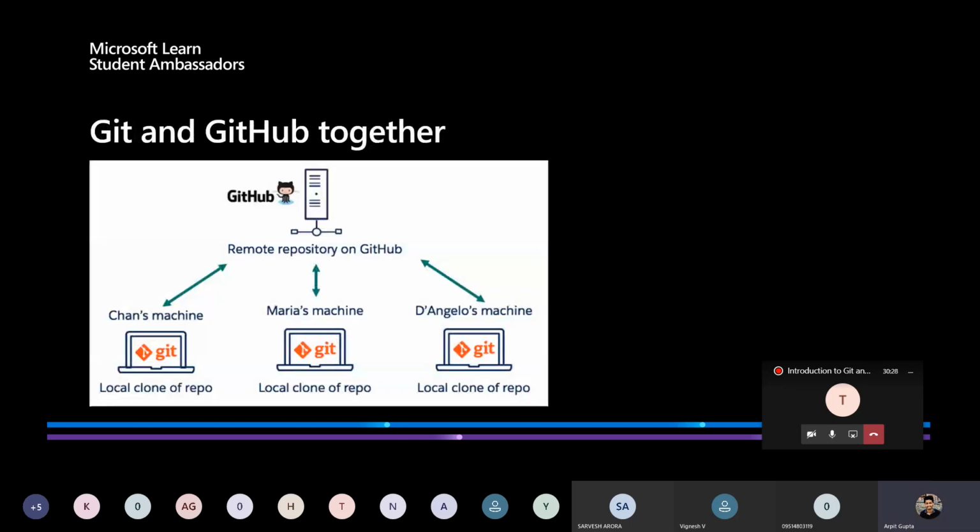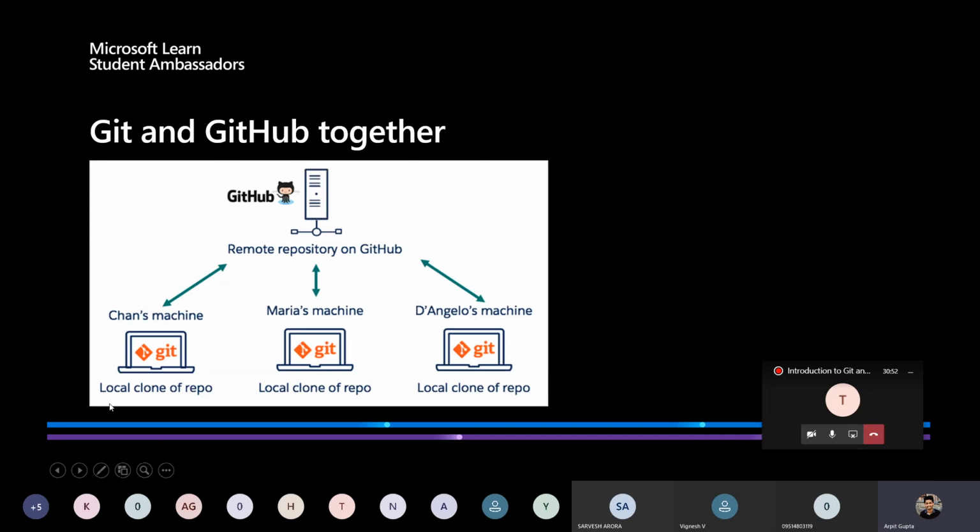So here I have a picture which demonstrates how Git and GitHub work together in a very easy and basic manner. So you see this photo over here, a remote repository on GitHub. One more thing, when I say remote repository, it will mean the original copy of the project, which is actually hosted on GitHub.